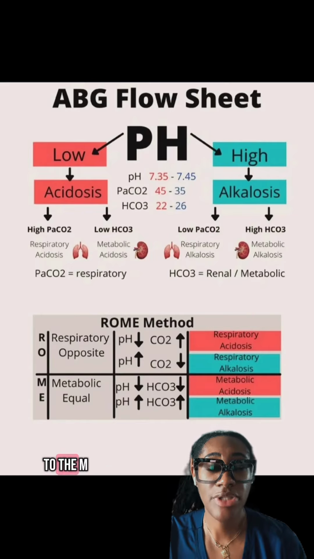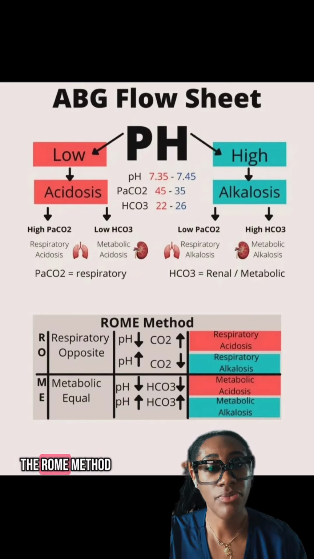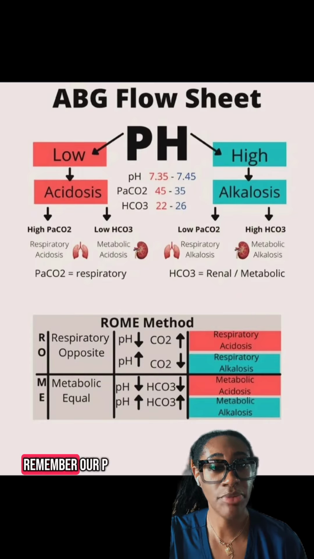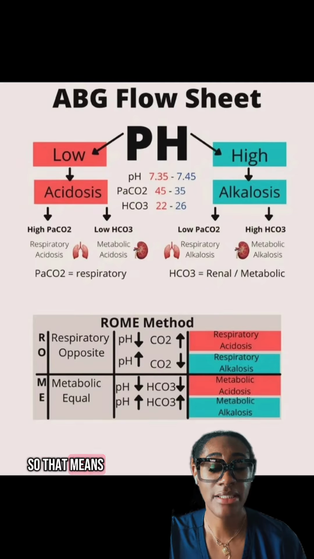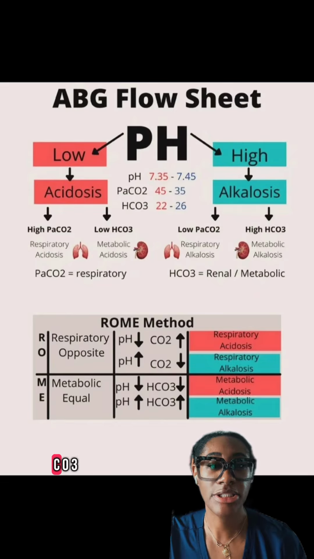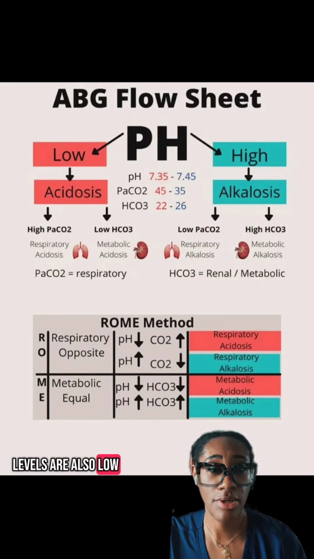When it comes to the ME component of the ROME method, that means metabolic equal. Remember, our pH levels are our star player, so that means our HCO3 levels are equal to our pH levels. Meaning, if our pH levels are low, which is acidosis, and our HCO3 levels are also low, that means